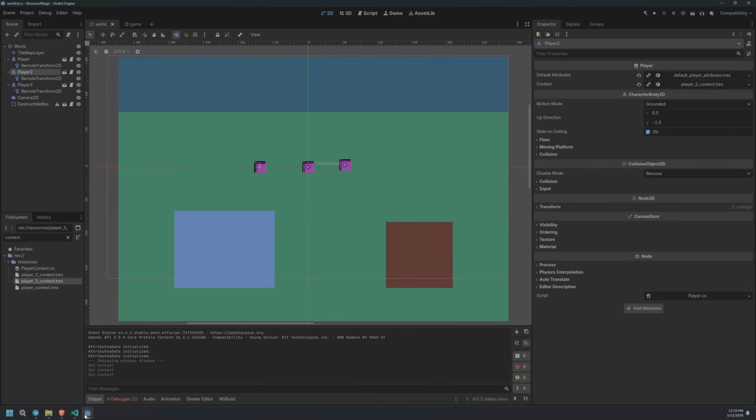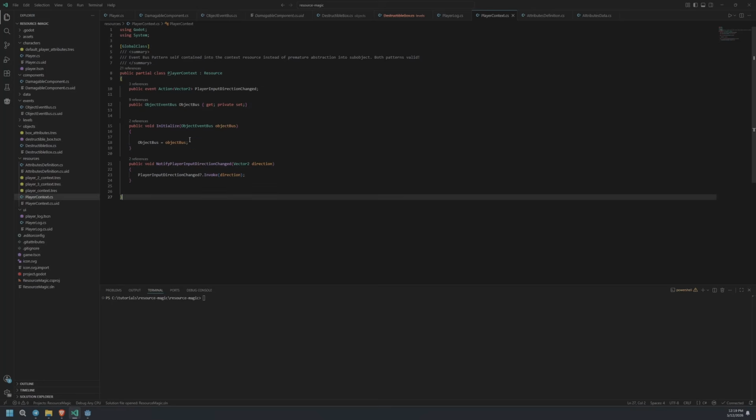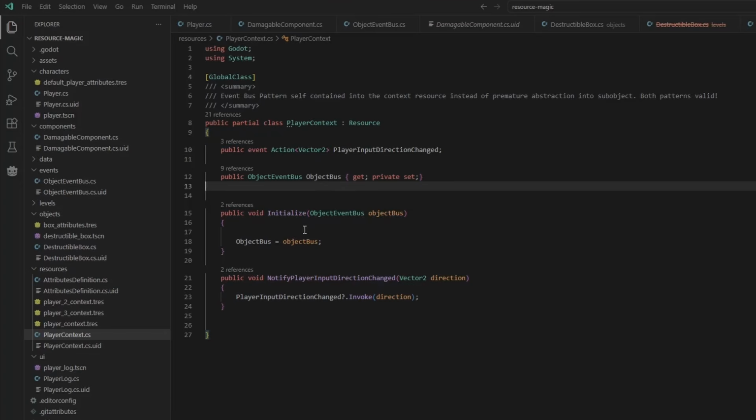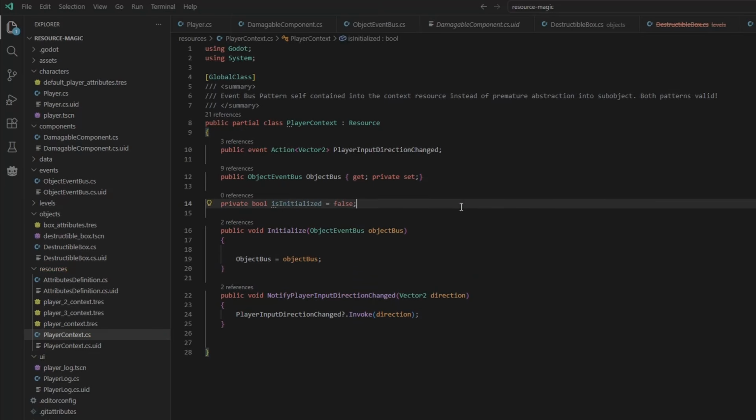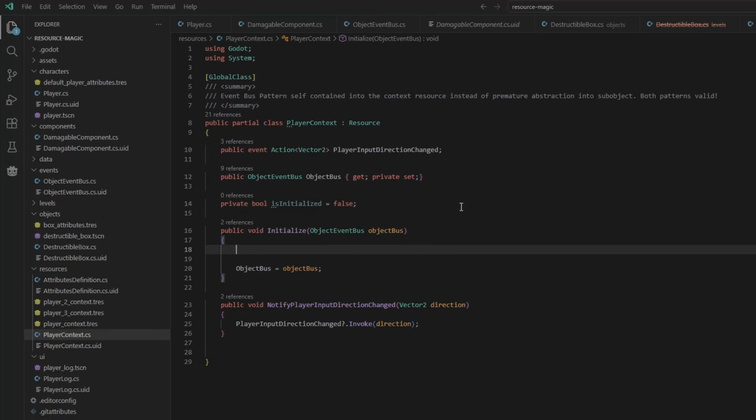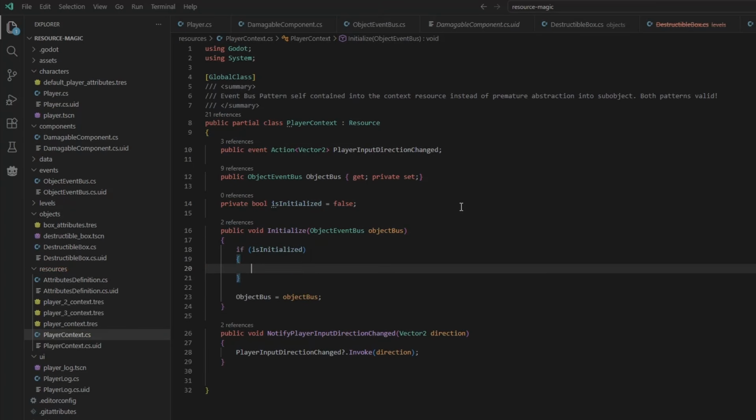As a safety mechanism, though, if I undo that, then let's say that they're still sharing the same player context. We probably want to catch that because that's a major issue. So if we go to the player context, we can make sure that initialize only ever gets called once. So if I do a private boolean is initialized here, this is default to false, and we'll check if it's initialized already. That would be where this is true. Then we want to push a warning. So gd push warning